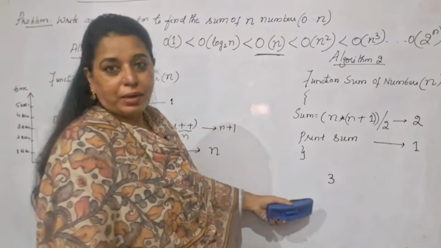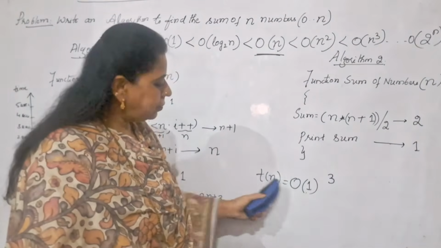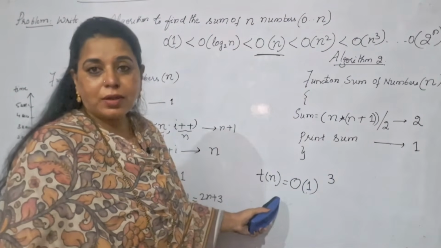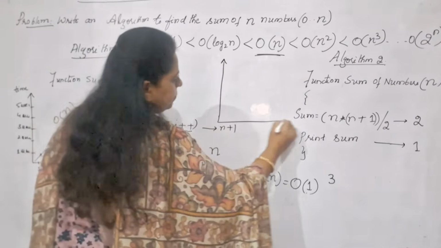Whenever you get any number, then what is that? You are writing in terms of constant. So time complexity of this algorithm is order of 1. That means it is a constant. So if I have to plot a graph for the second method,